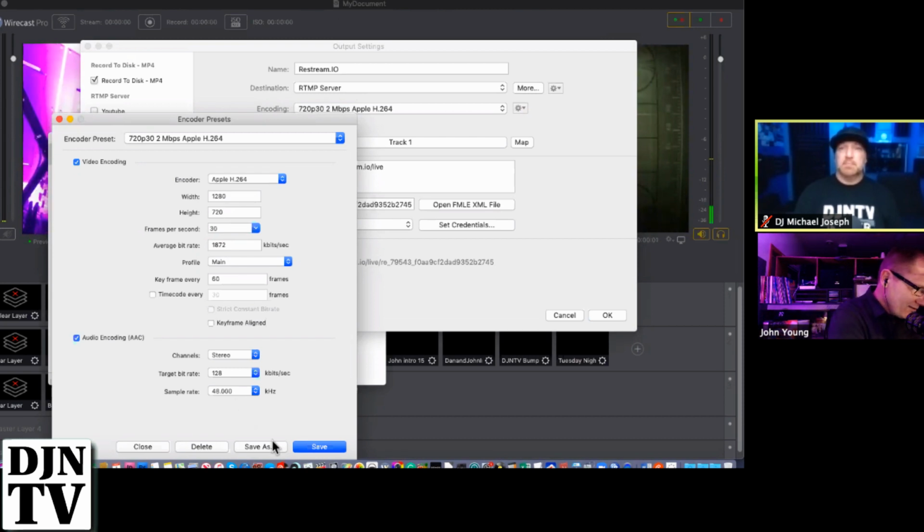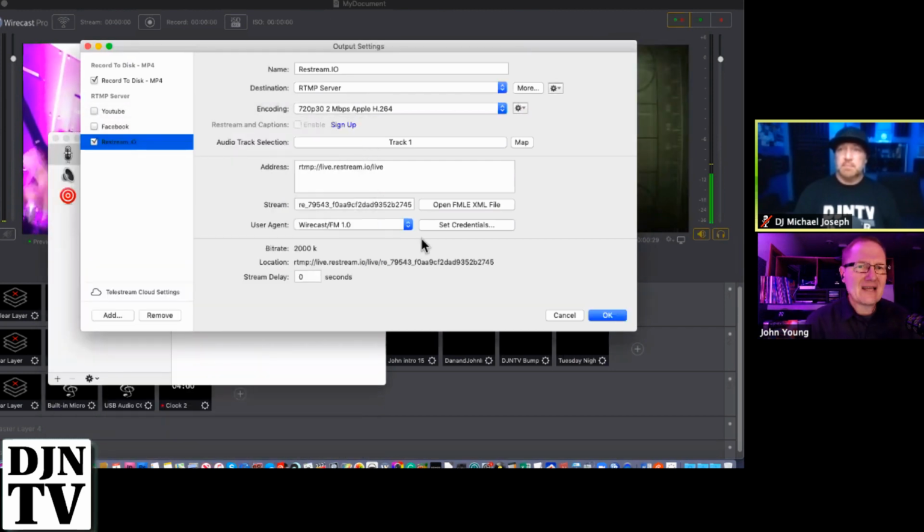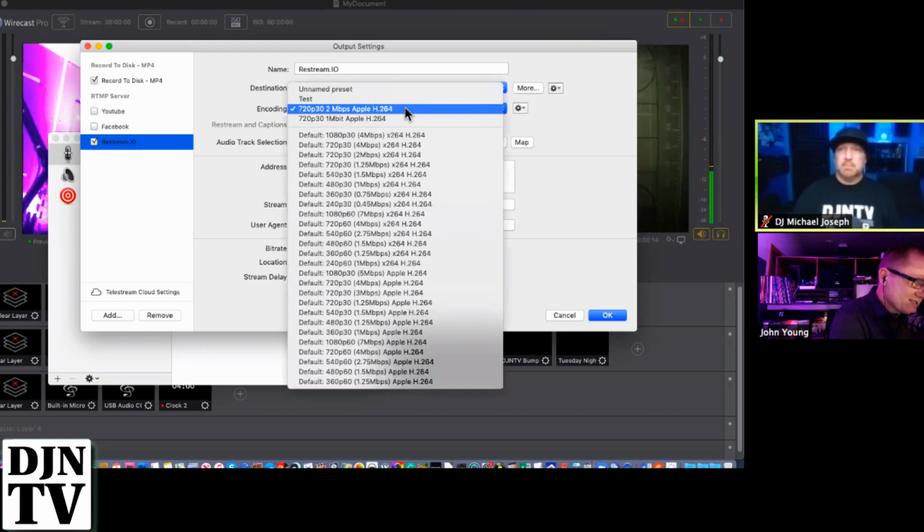So there's little things like that that weren't available, and they didn't have that capability because Wirecast adds more functionality. And the reason they have that even there is because there's times where you have to reduce those rates down when you're streaming, like in Las Vegas or in Atlantic City. Instead of setting up a 720 signal, we actually went down to a 480, just because we knew that would take less bandwidth.